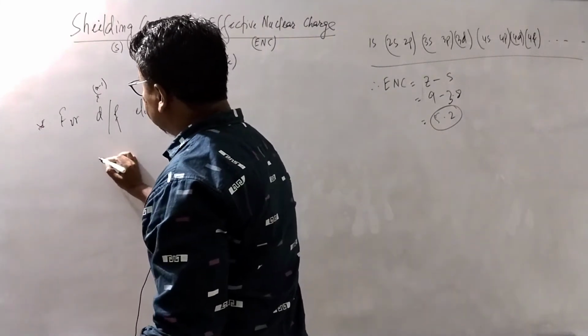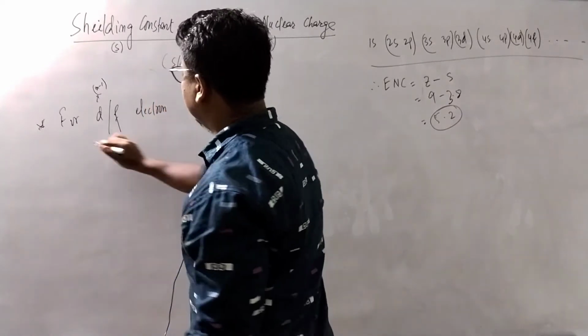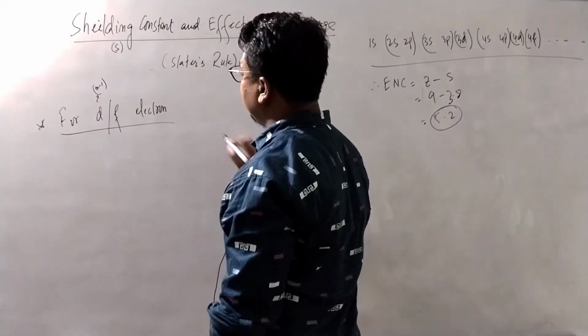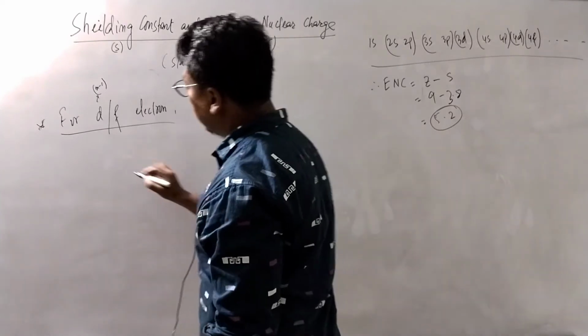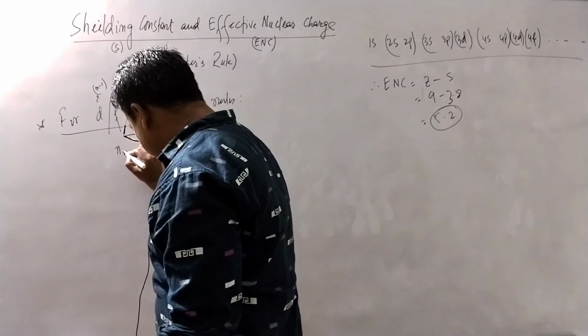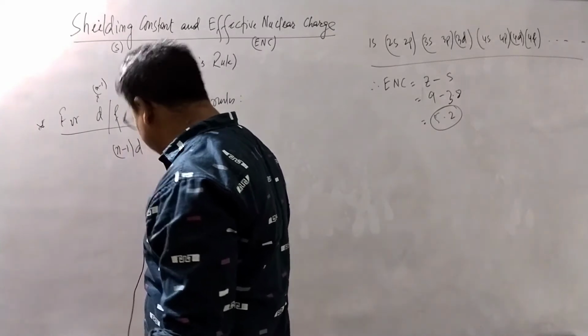For example, okay, let me write here. For d and f electron the rules are: for n minus 1 d,